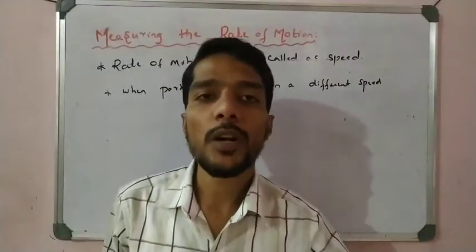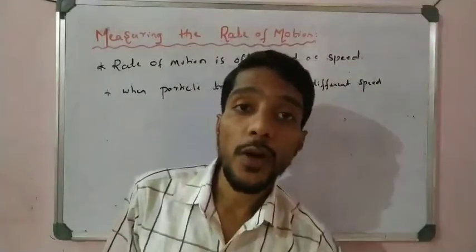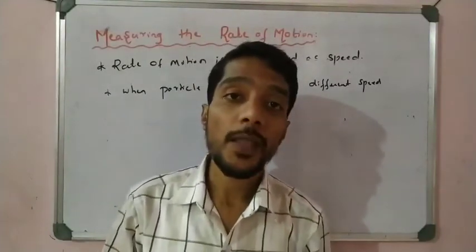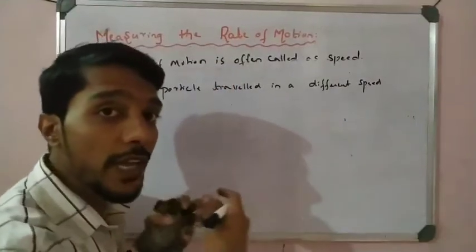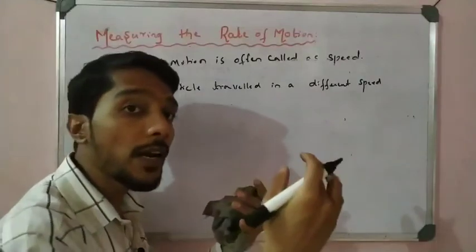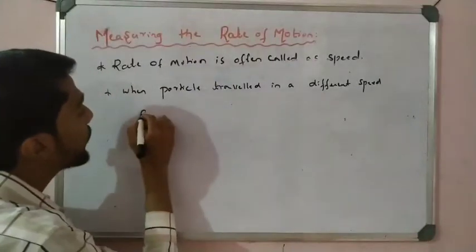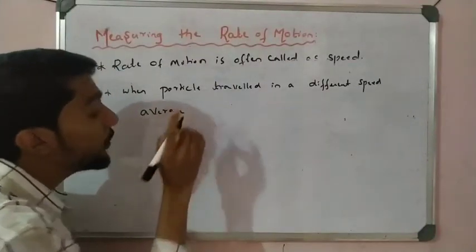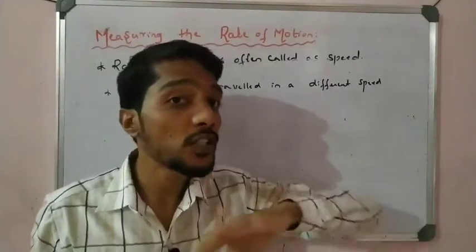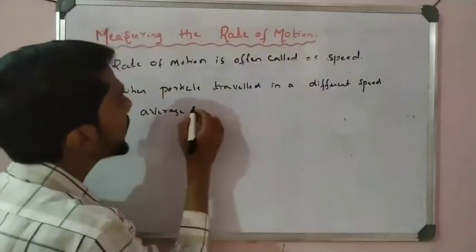Sometimes the speed is 20 km per hour, sometimes 60 km per hour, sometimes 100, sometimes 5, sometimes 15, not the same. In that case, how do you say the speed of the bike? We take the average. We add all the speeds, sometimes 10, sometimes 20, sometimes 5, sometimes 100, and we take the average speed. In which case do we calculate average speed? When there is a non-uniform speed, different speeds during a journey. In daily life the speed is not the same.